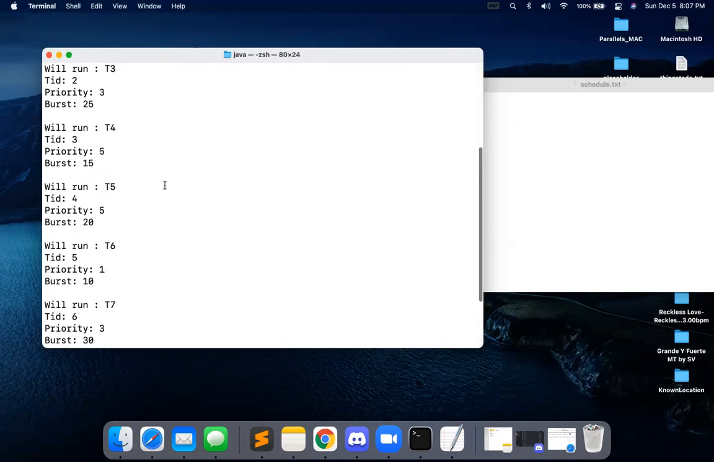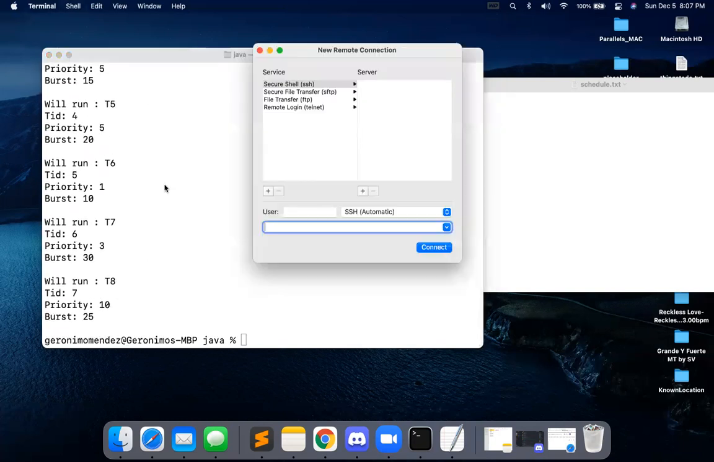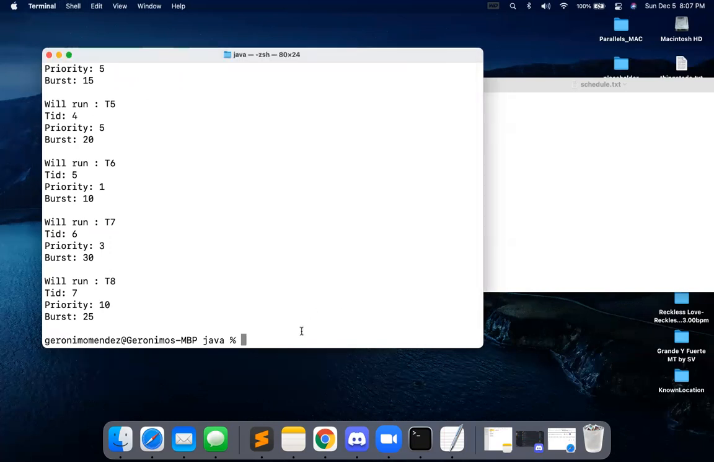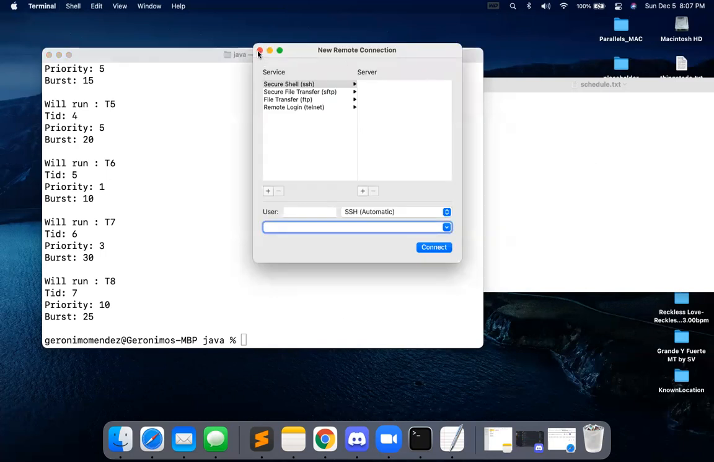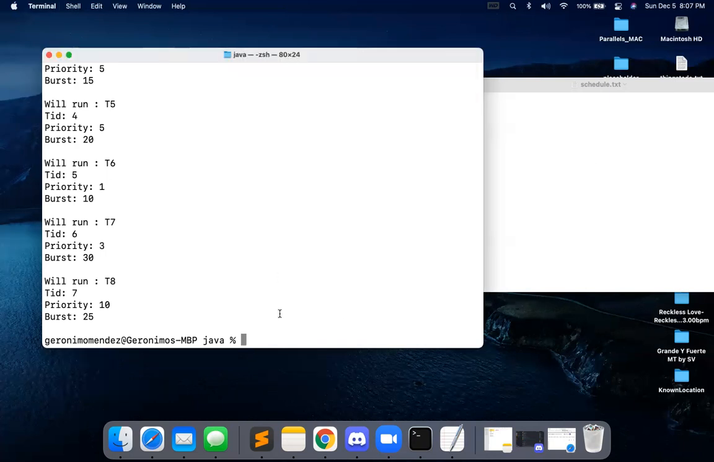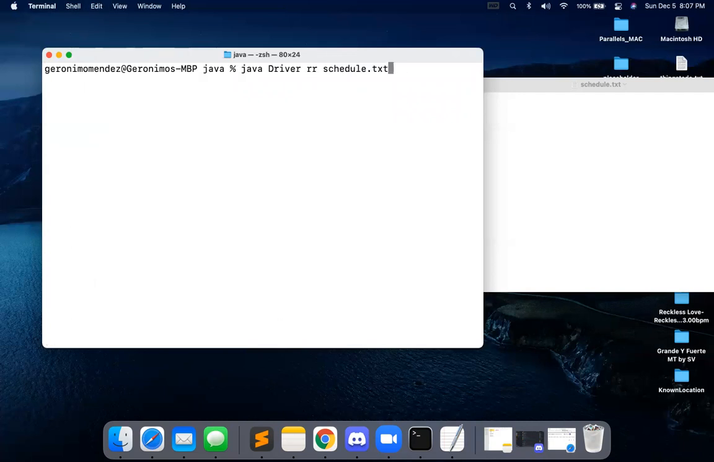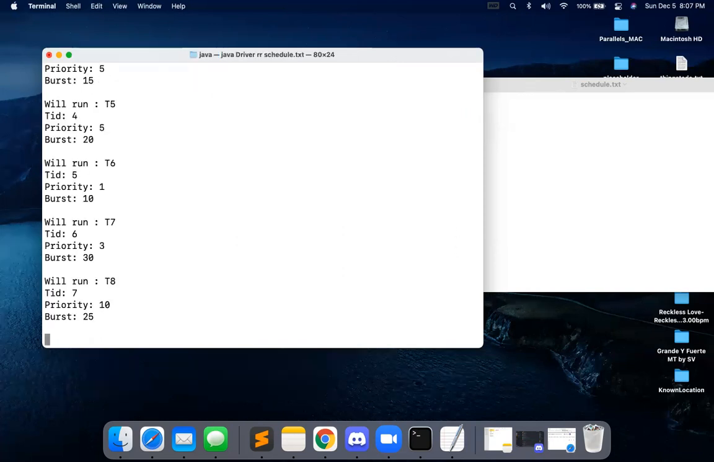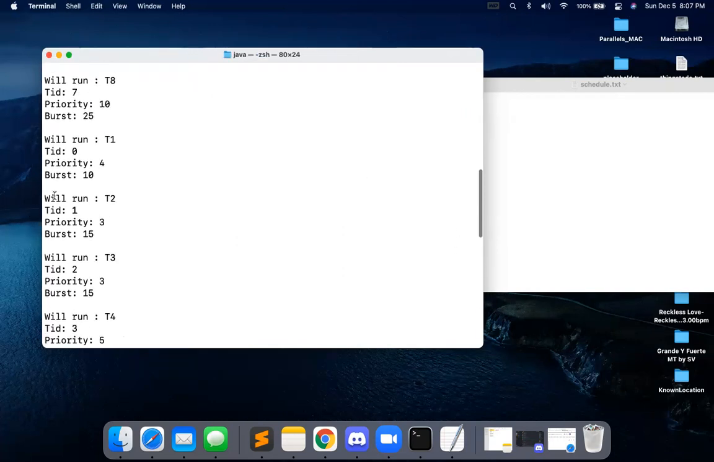The next one we're going to talk about is round robin. So let me go ahead and clear this. For round robin, I'm going to use the same schedule, so go ahead and run it. This one's a bit more tricky. The way this works is that we have a 10 millisecond